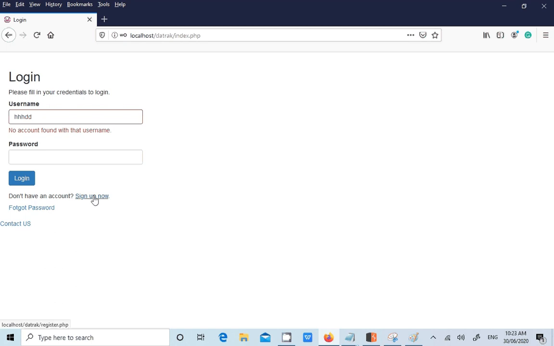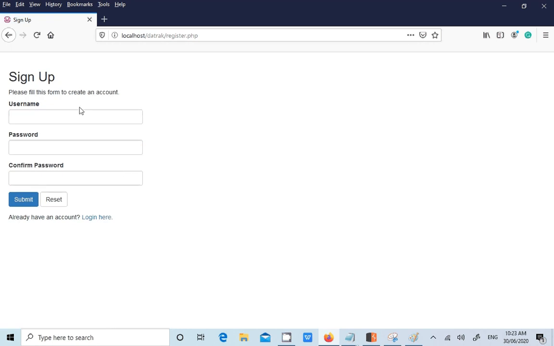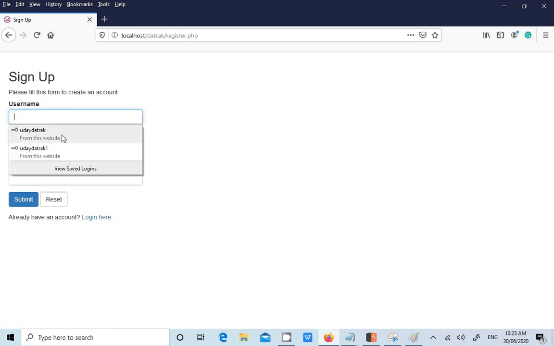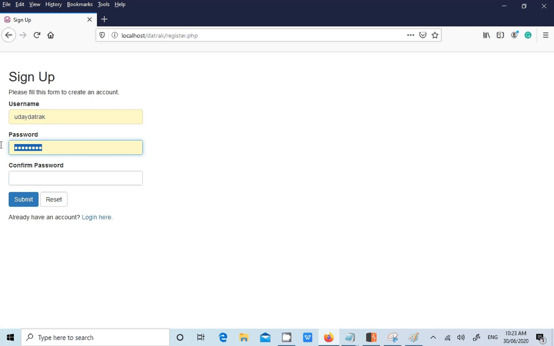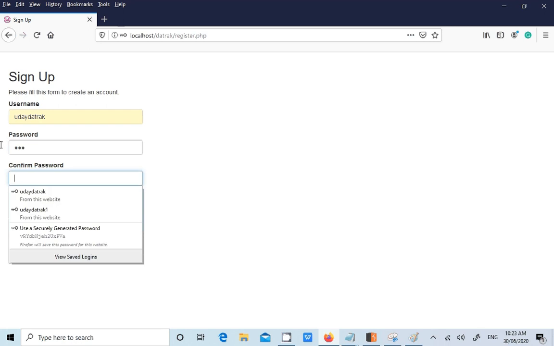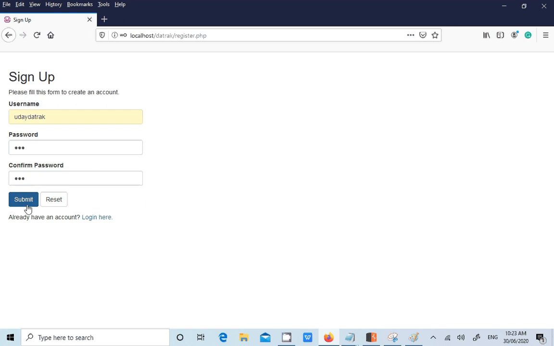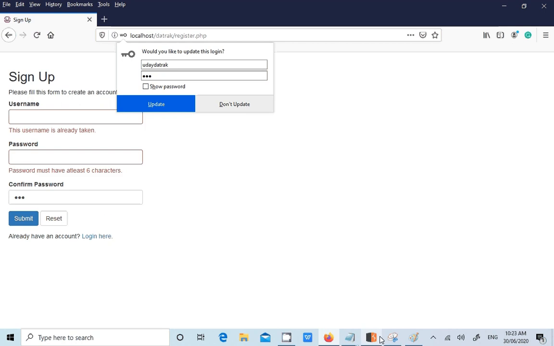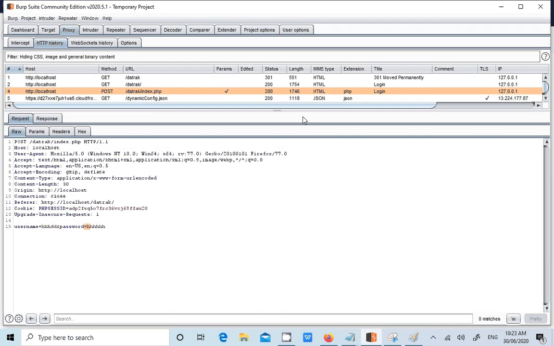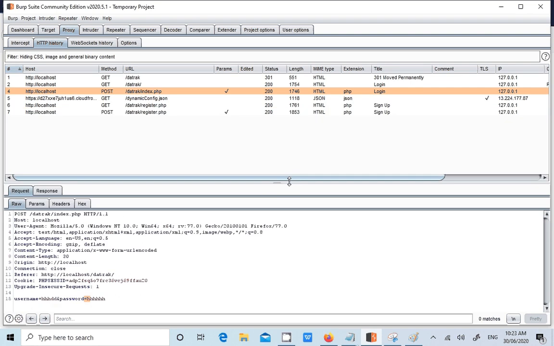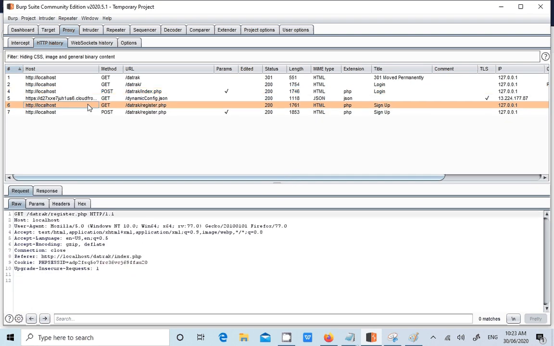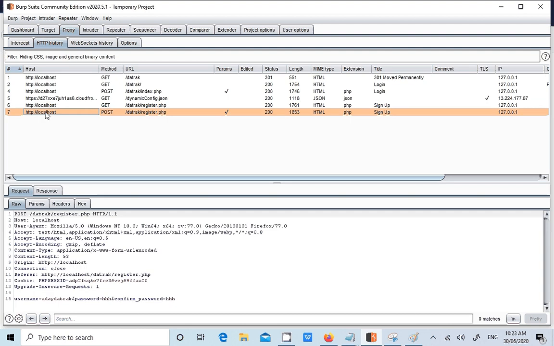Let's say now the sign up page. Do we need to check this issue on the sign up page? Yes. Enter username, password, confirm password, and submit. Okay, now we'll go back to the site. On the registration page, it is showing HTTP.